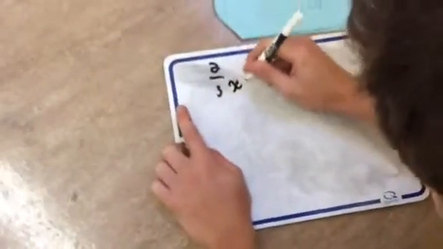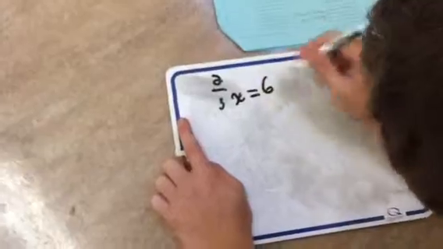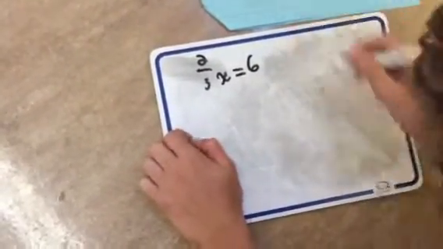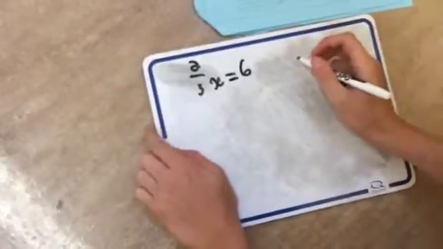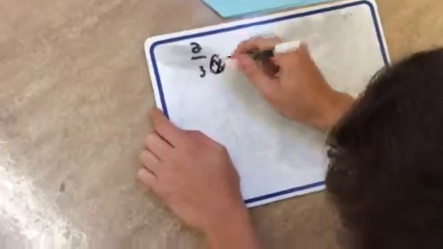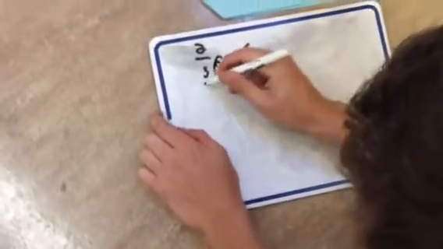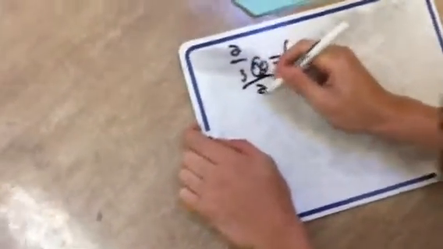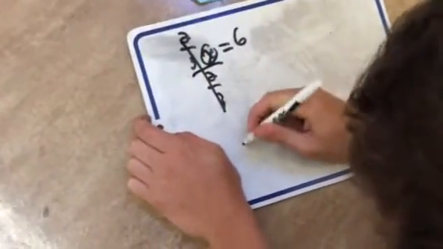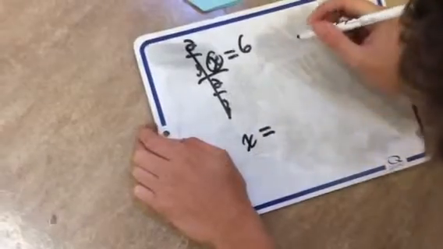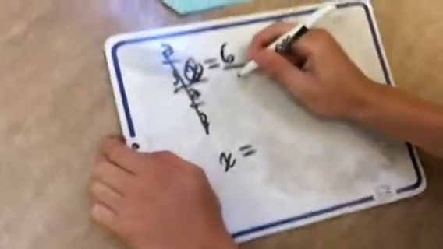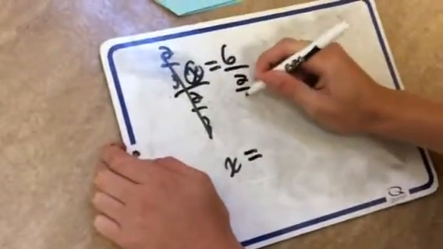Two-thirds x equals 6. This is another example of a one-step equation, and so the first thing that we need to do is isolate the variable, and this is our variable x. So we would divide 2/3 x by 2/3, and this cancels each other out so that we can bring x down. What we do to one side we have to do to the other because math is in balance, so we would also divide 6 by